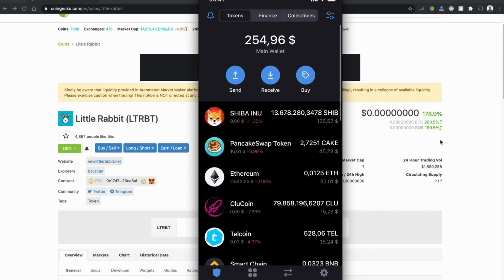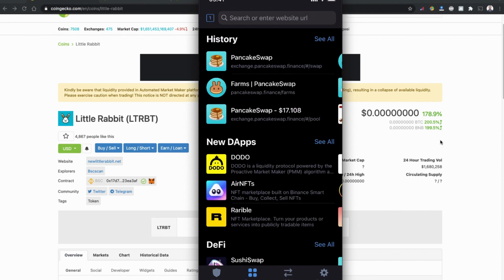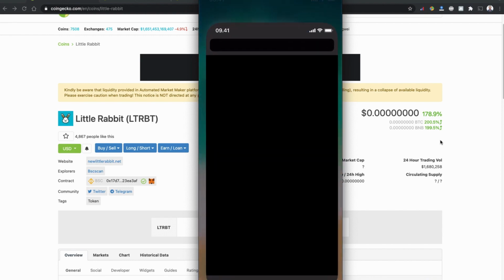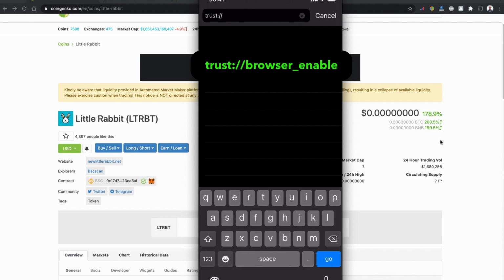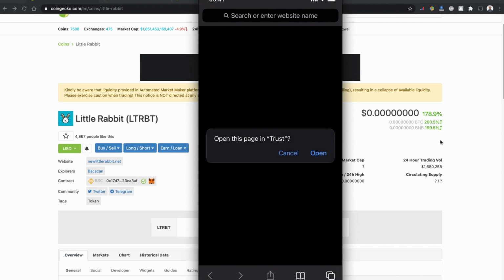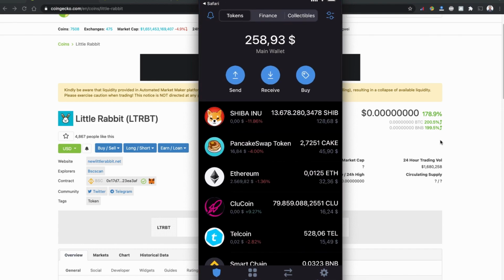On the Trust Wallet, if you don't have this browser option, the 4 dots underneath, please go to your browser and type trust://browser_enable on your mobile phone. If you press go, your browser will ask to open this page on Trust. If you click to open, you will have this browser option enabled on your Trust Wallet.